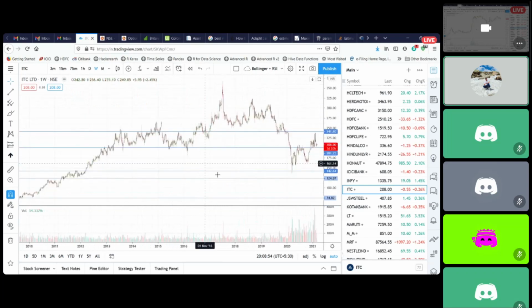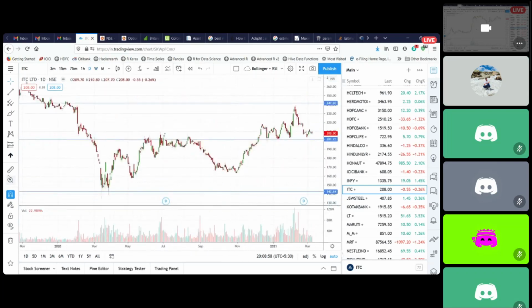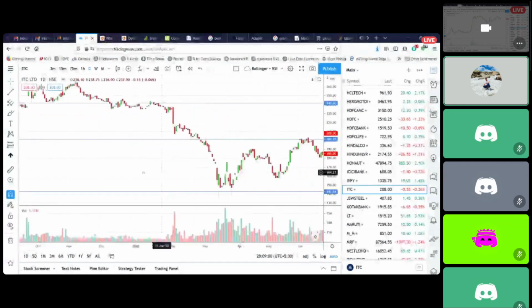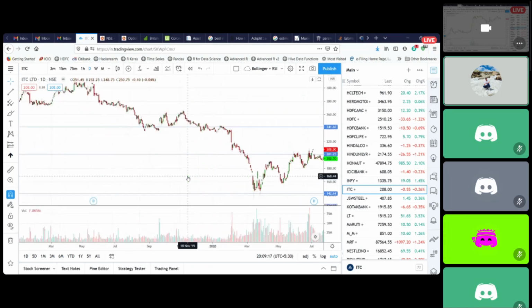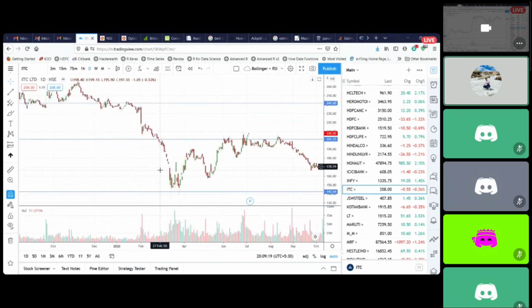So from the weekly perspective, you know this is the support zone. Now go to the daily chart and see where the big green candles are coming. At the support, when you start seeing these big green candles at the support zone from 140, this is where you can decide to take swing trades in the large cap stocks. And the immediate booking point becomes your previous support zone itself.